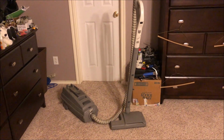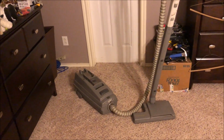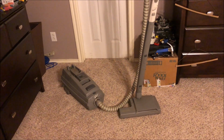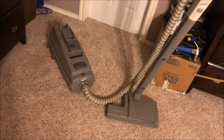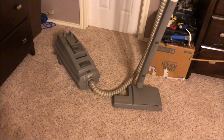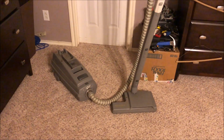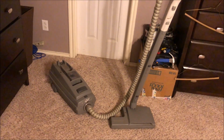What's up, everybody? Well, today I'm going to be doing another full house cleaning to test vacuum performance. And today I thought I would feature my Electrolux Epic Series 6500 SR canister. I got this for pretty cheap. Originally I wasn't on the market for a canister